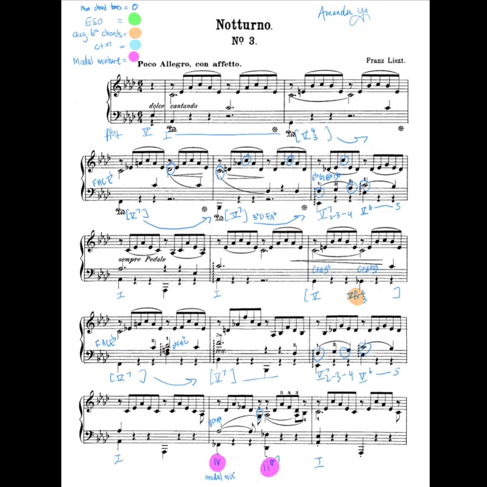After that is just a few more 5 chords and then modal mixture appears, so we have a minor 4 and a 2 half diminished 7 chord. Now I'll be playing the entire first page to show the applied 5s in the beginning, the augmented 6 chord, and also the modal mixture chords. Starting with 5, going to 1,